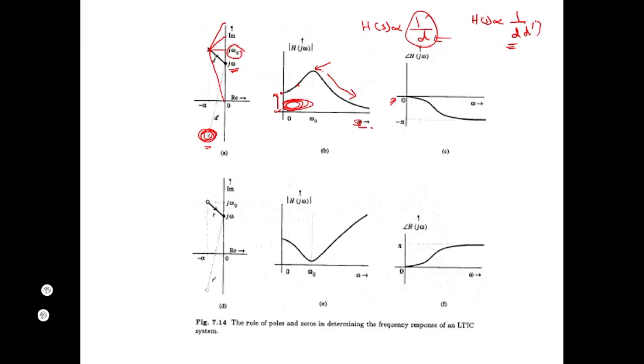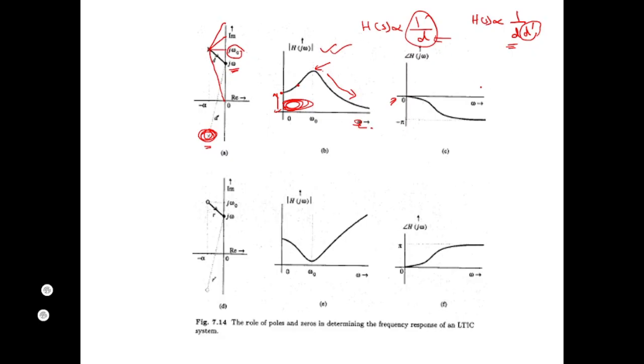So the effect of this d dash is taken to be negligible, and hence it is not considered while we are trying to decipher the information about the amplitude response or the